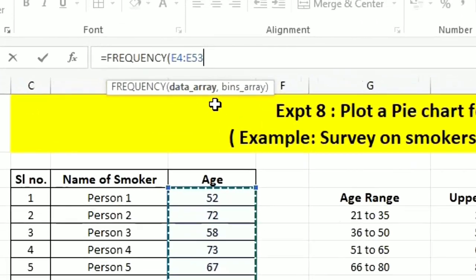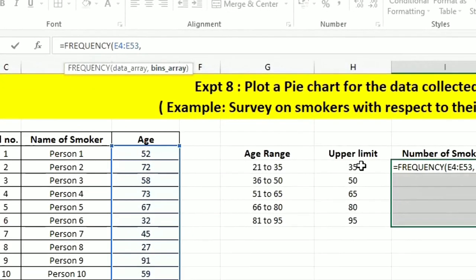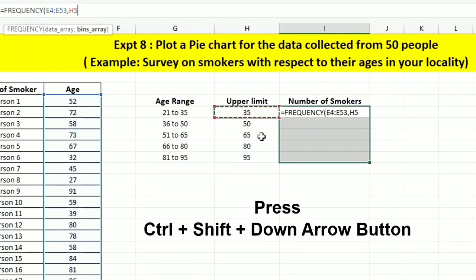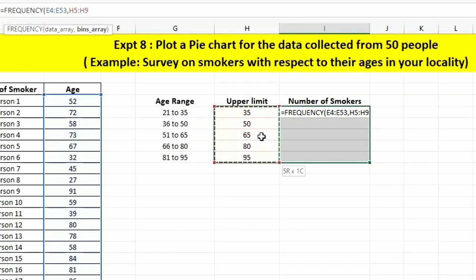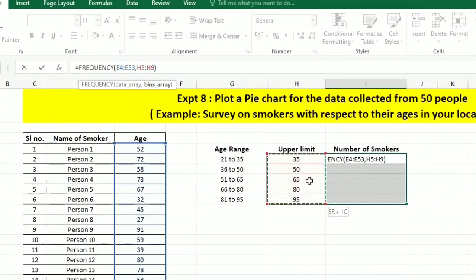Afterwards put a comma. Next it is asking for the bin array. The bin array is nothing but the upper limit. In the upper limit column, I'm going to click on the first cell, then press Ctrl Shift down arrow. Once I press it, it will select all upper limit values. After that I'm going to close the bracket.